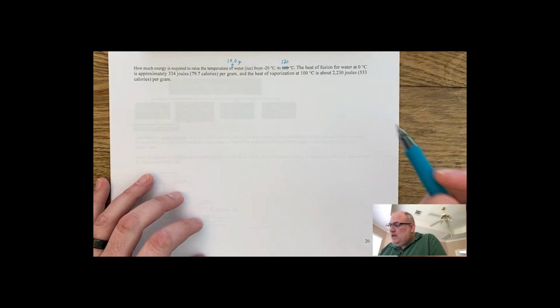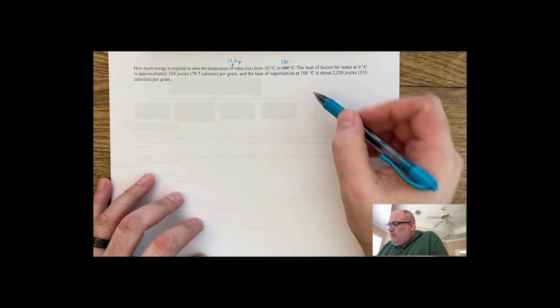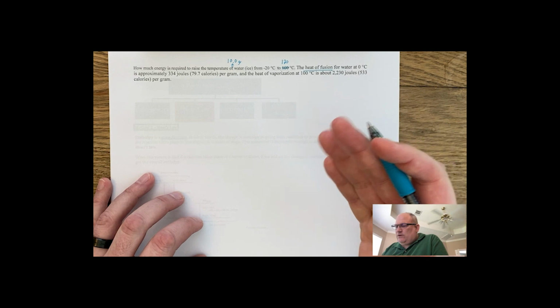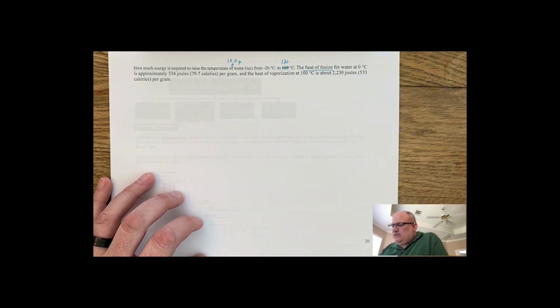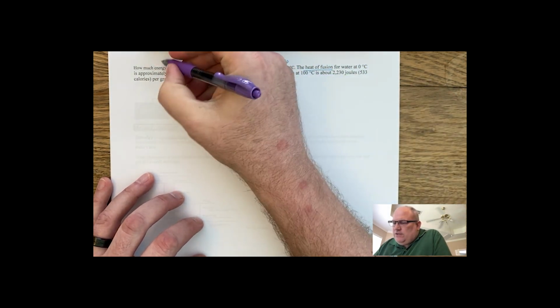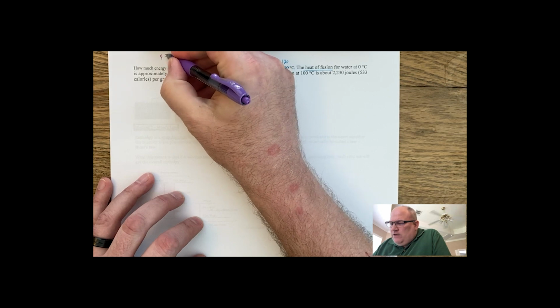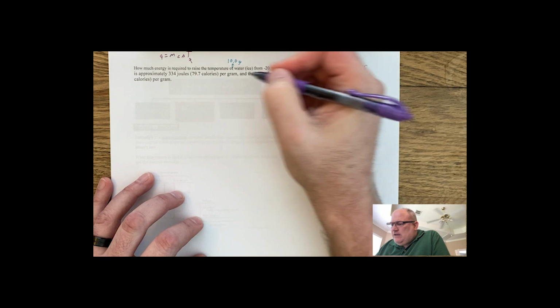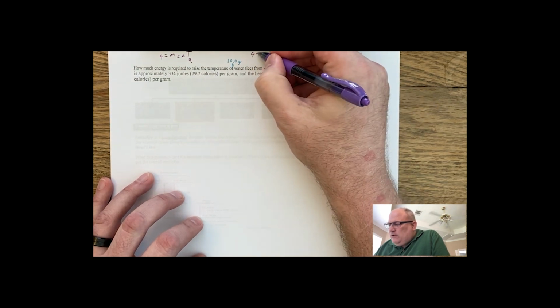So we've been given in the problem the heat of fusion, and that's the change in H that we're going to use. And I'm going to put this on our side here just so we have it. The two equations that we're going to use throughout this problem are Q equals mC change in T, and that's whenever we have a change in temperature. And the other one is going to be Q equals